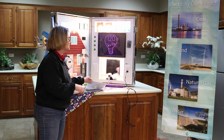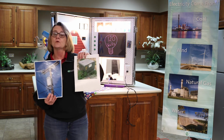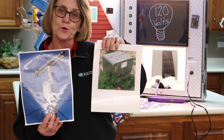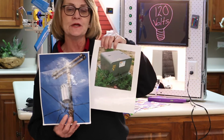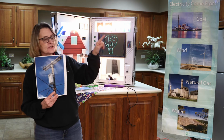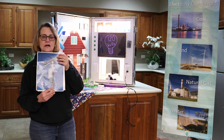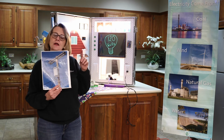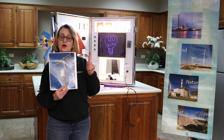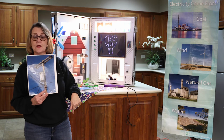And then we have to have the help of either one of these or one of these. Both of these are called transformers. And they've got a big job. The first thing they do is they just keep the electricity flowing because it's got that long way to travel. The next thing a transformer does, it can make electricity go higher or it can make it go lower. Because we have